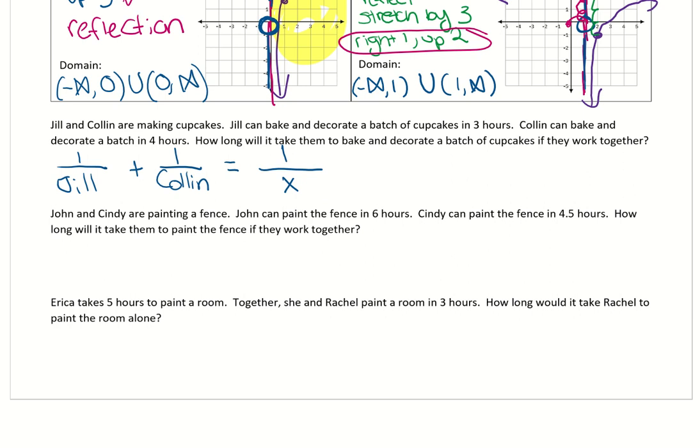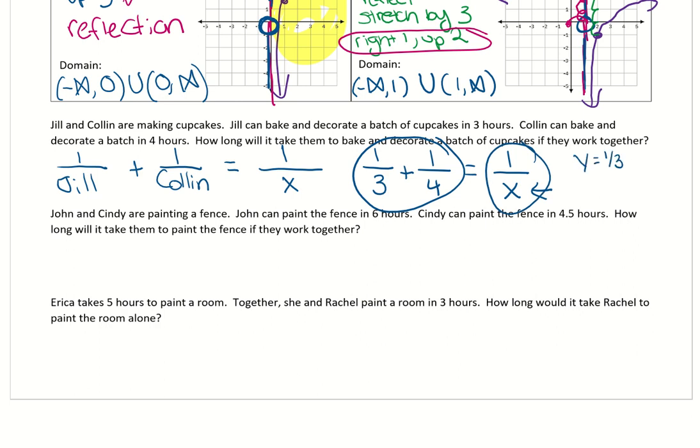So let's rewrite this formula. We know that Jill can do it in 3 hours. Colin can do it in 4 hours. How long does it take for them to work together? So we're looking for this x value. Now, the good news is we know how to solve problems like this. You've done it previously. You put the left side in Desmos with y equals, and then you put the right side in Desmos with y equals. So y equals 1/3 plus 1/4. Y equals 1 over x, and you will find where those points intersect. That location of intersection will tell you your final answer, that x value,